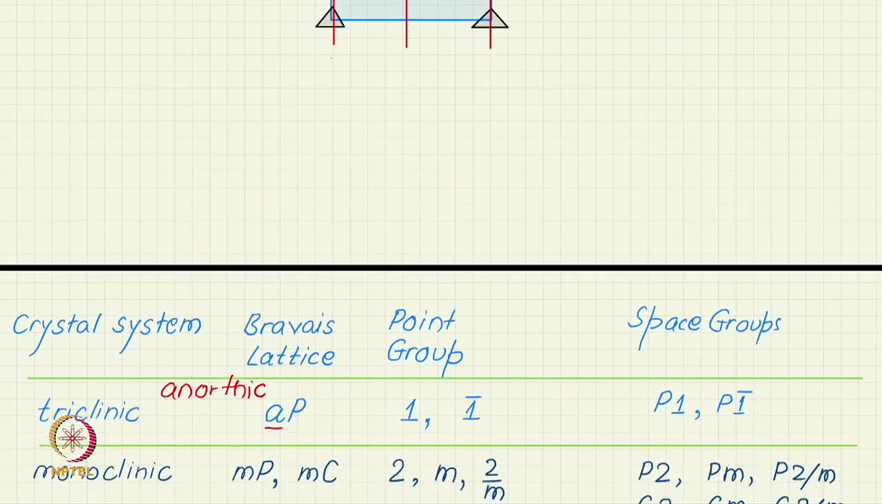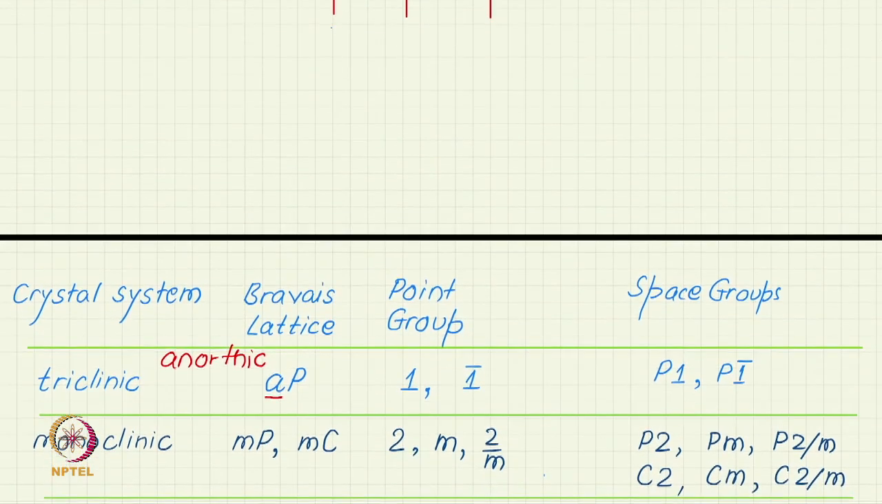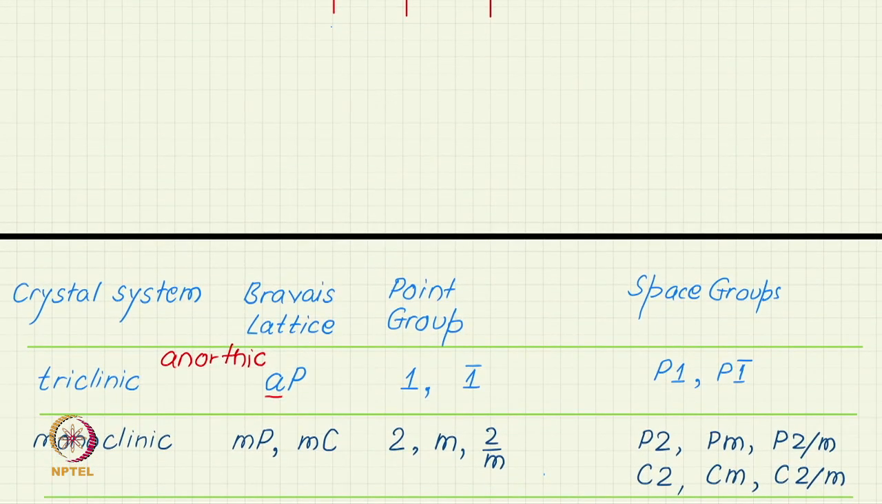Now, as we go down in this list, suppose we consider the monoclinic crystal system, the required symmetry is a single two-fold, but it gives me two Bravais lattices, monoclinic P, primitive monoclinic, and monoclinic C, the end centered or base centered monoclinic. And there are 3 point groups: 2, m and 2 by m. So, if I combine